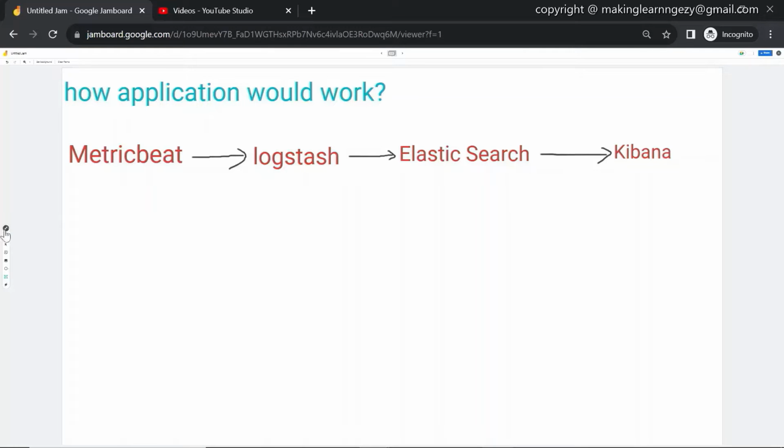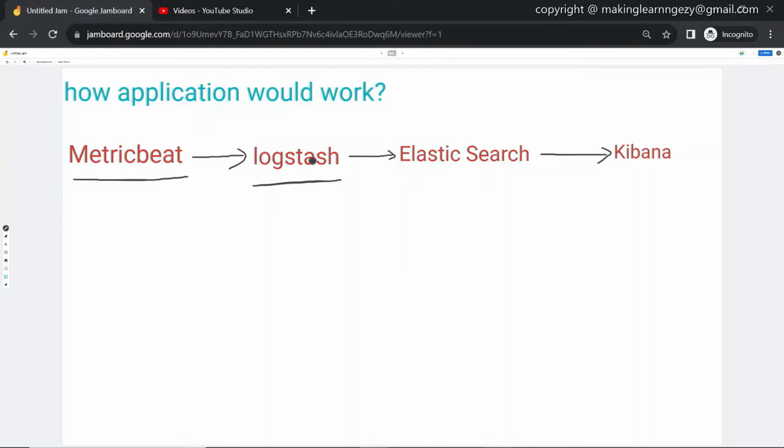So we will have the MetricBeat software which would collect the system data. So we install this MetricBeat in that system which we want to monitor. This MetricBeat would send the metric data in the form of event to the logstash. So logstash would be used for the data processing. If you want to filter out any field or any event, then we can do that in the logstash. Then logstash would send the data to the Elasticsearch in the form of event.